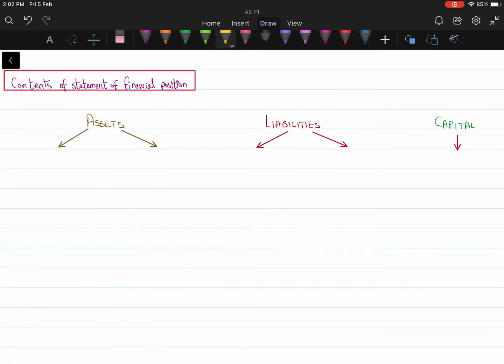So now let's move on to the heads of accounts when it comes to a statement of financial position. First of all, assets. Assets are primarily the resources that are providing the business with some kind of economic benefit. And what do I mean by economic benefit? For example, if you have a van, you will be using it for transport of raw materials to and from the business, or finished goods to and from the business.